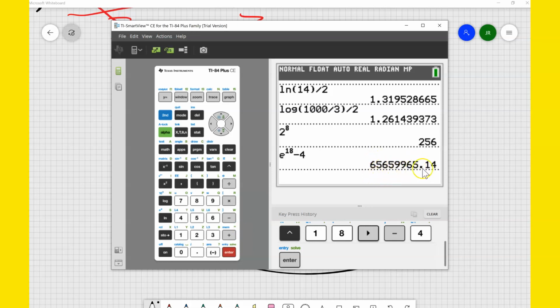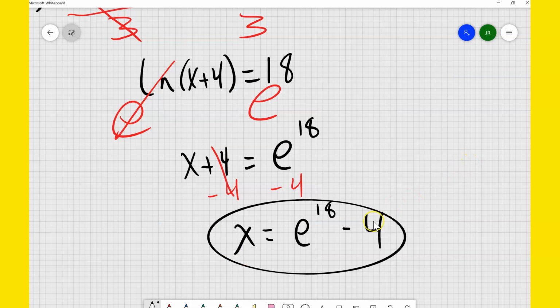So we could list our answer like that, or we could maybe leave it as e to the 18th minus 4. And I think that's as far as I want to go